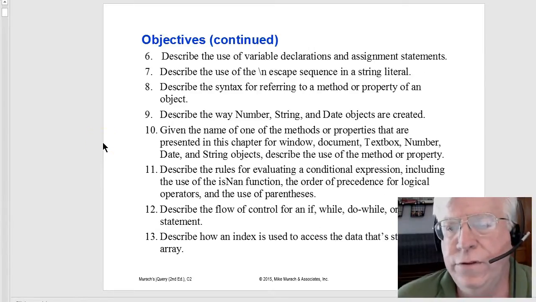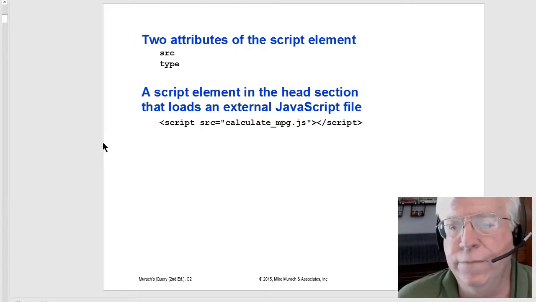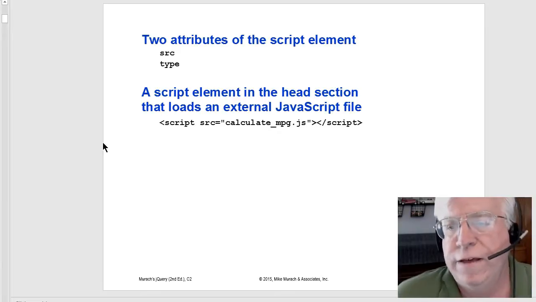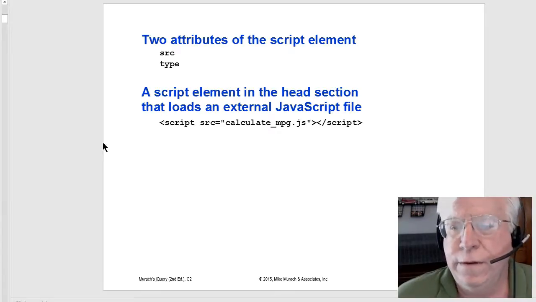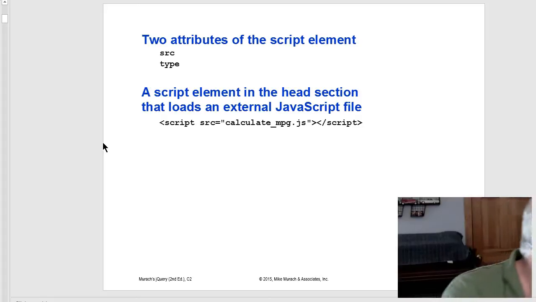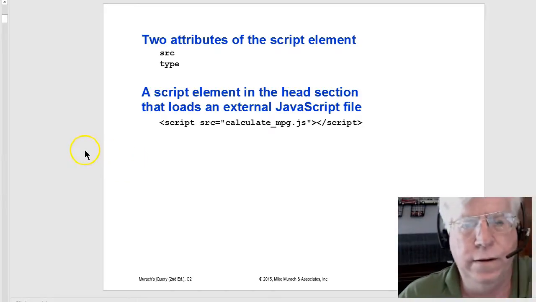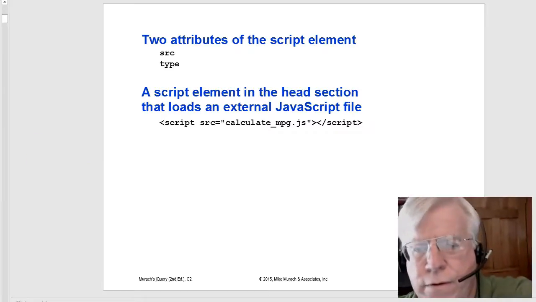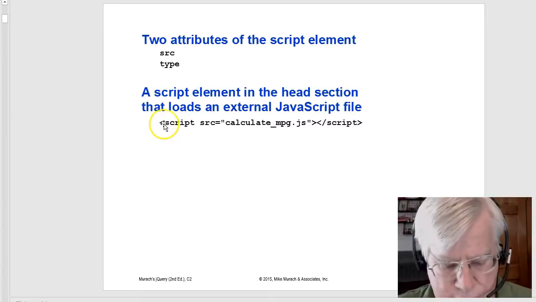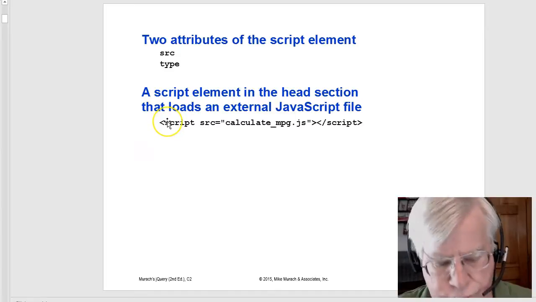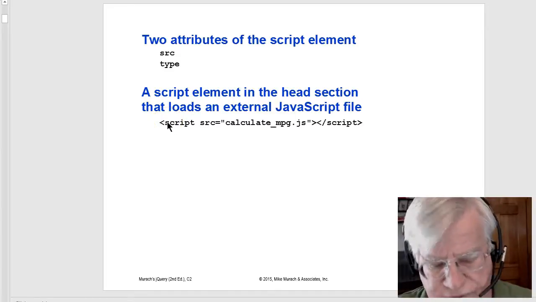So we're going to get into the meat of the language, escape codes, declaring variables, methods, and things like that. Also the two types of attributes of the script element. Let's take a look at what page we're on there. So when you're writing your script tag right here,